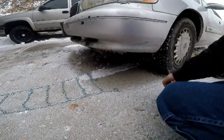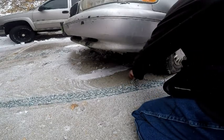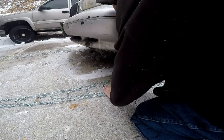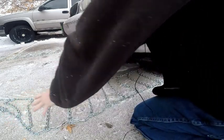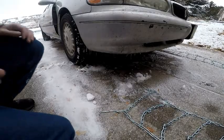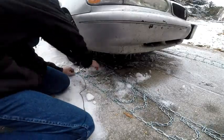Alright, now when we move these chains, what we're going to want to do is take them and put the chain set up so that the diameter of the tire is going to run over the middle parts but not the outside. So we straighten these out, and the tire is only going to sit right about there, so the rest of that's really not a big deal. But we'll go to the next side and do it again. And again, we'll go ahead and move these to where they're right there